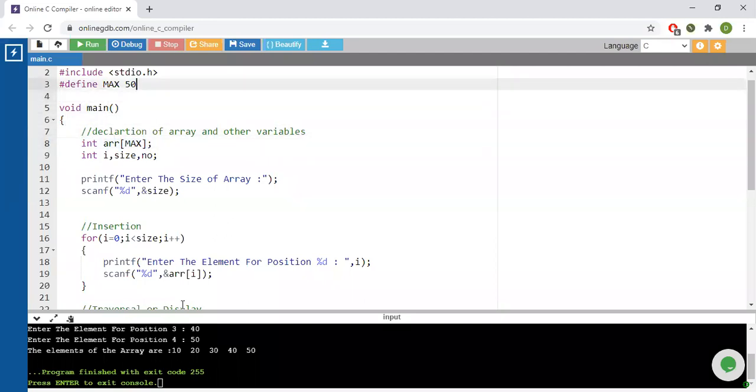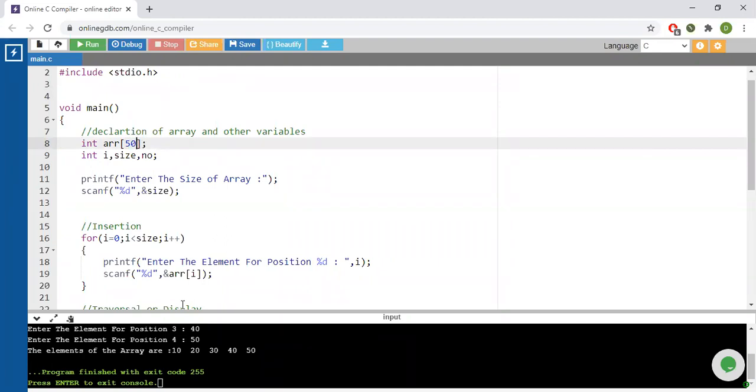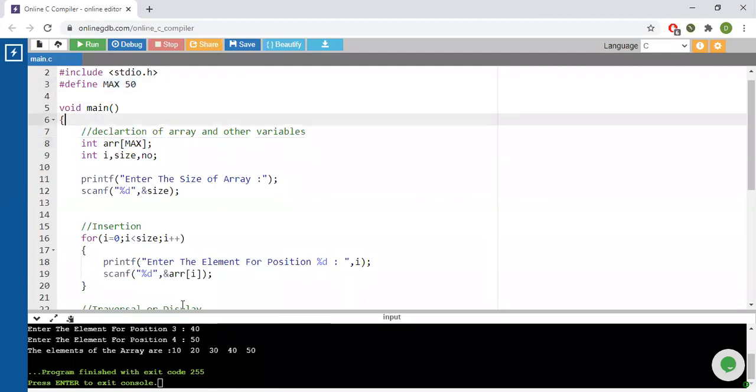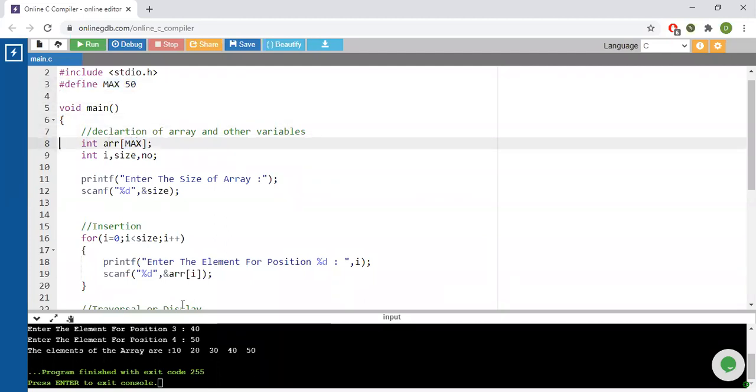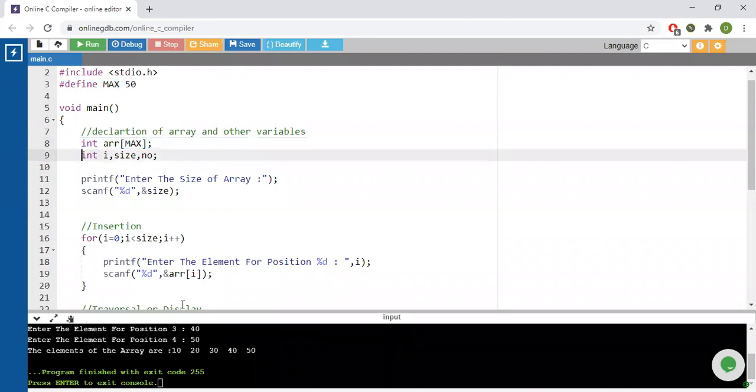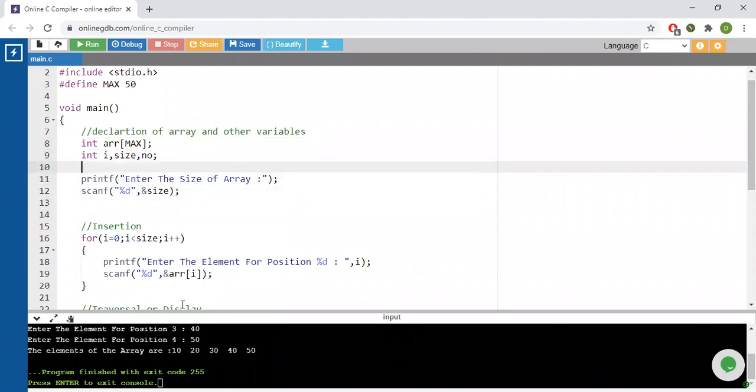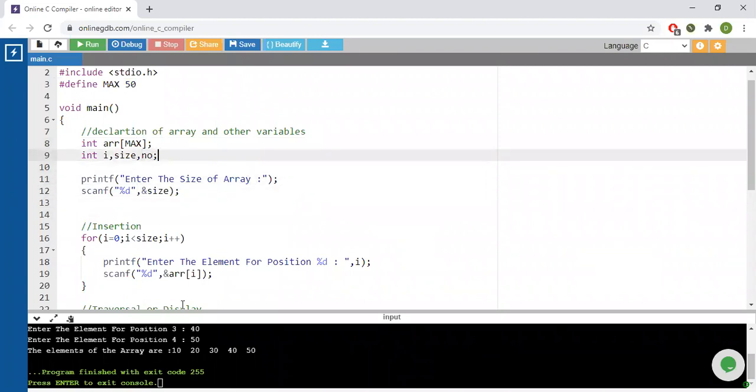If you don't want to do this, you can skip this line and write 50 over here. That is also possible, so that is up to you. As of now, I'll keep this. We have declared our array in void main. We have taken 3 variables i, size, and no. If you see, no is not required over here because we are directly working with the array.